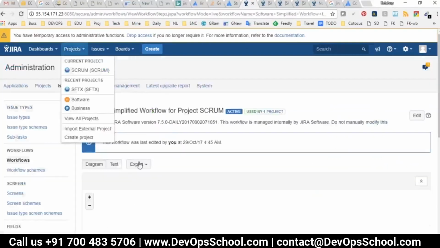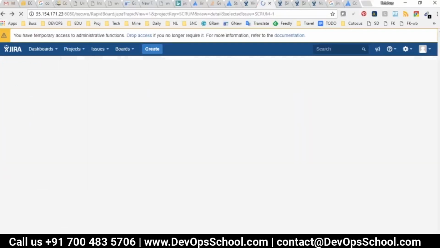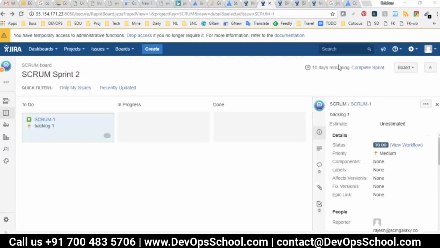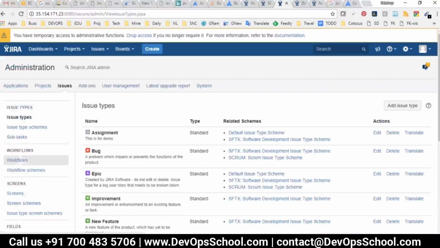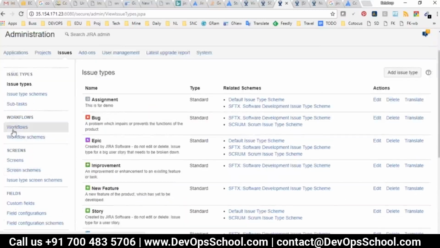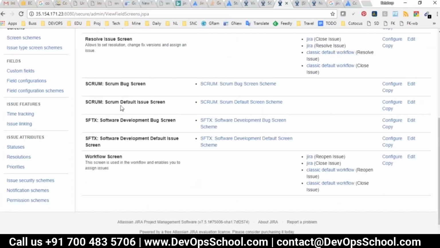Now the question is, how can you add it here? That was the question, right, Pradeep? Yes, that's correct. Yeah, so let me see the screen. Everything is hidden on the screen. Issues, workflows. Where are the screens? Here it is. And which is the screen? You see the Scrum, bug